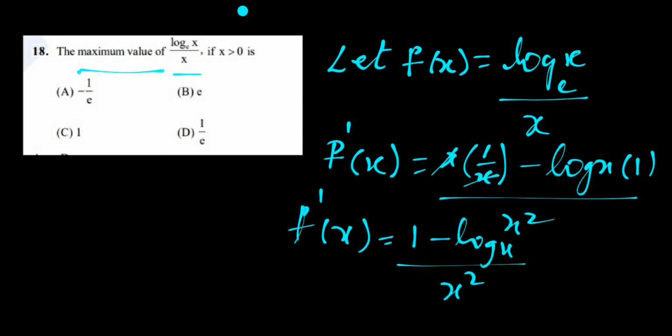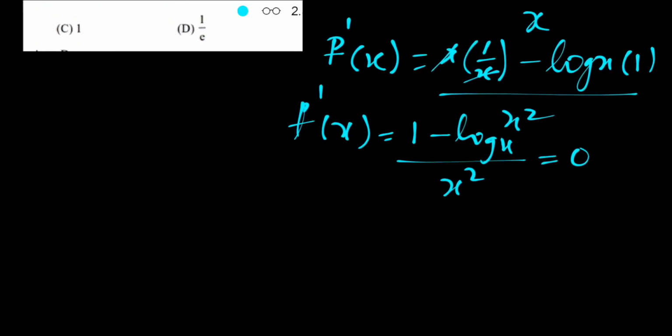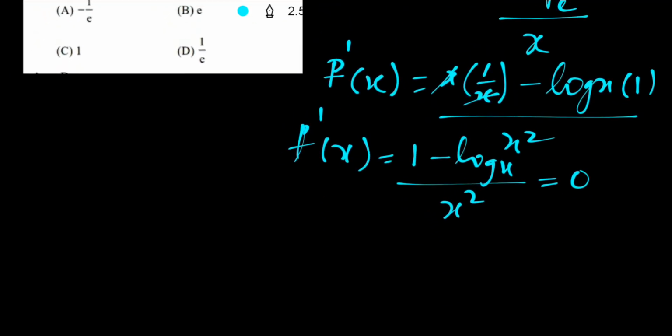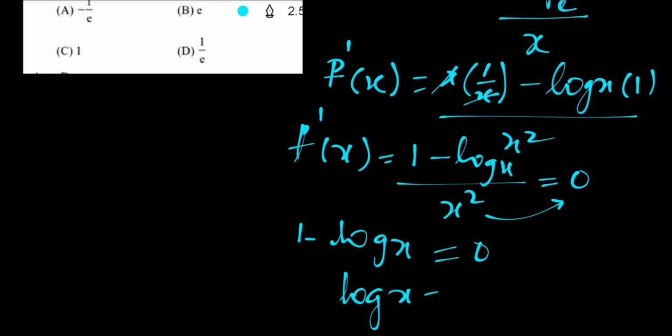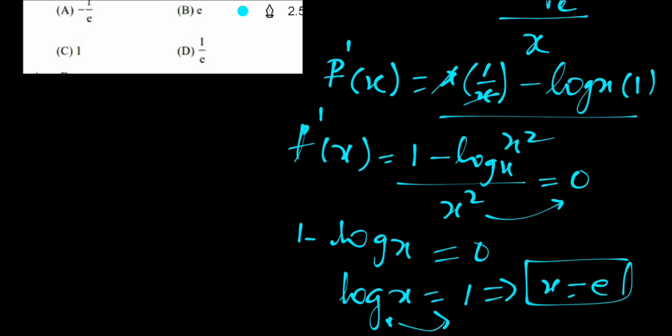So this value we equate to 0, which means here we have to find the critical point. So equate to 0, 1 minus log x, if you send that side it will become 0. Log x value is 1, implies x is equal to, if you send log that side it will become e power 1. X value is e. So in this point x is equal to e is the critical point. We have to find the f of x value, so we have to substitute e.